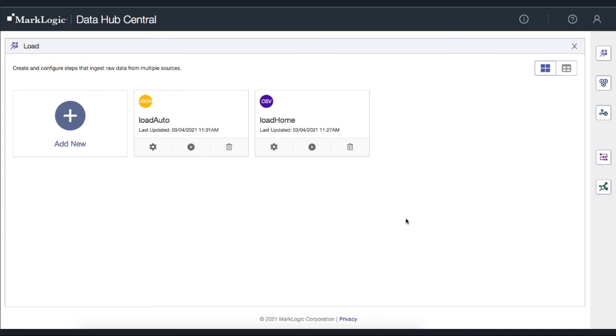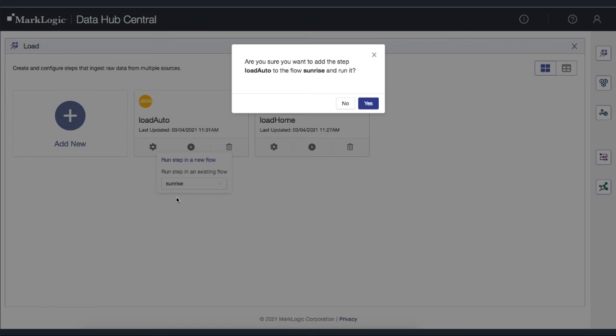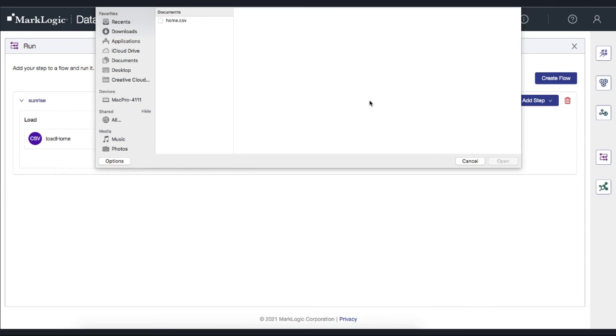We've now created this step for load auto. Let's go here and click the Run button. And just like before, we're going to be asked whether we want to run this in a new or in an existing flow. Let's now choose to run this step in an existing flow, and let's pick that sunrise flow that we just created. When prompted to confirm, let's go ahead and say yes,